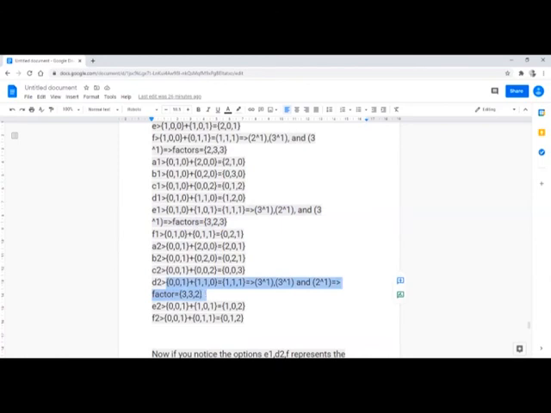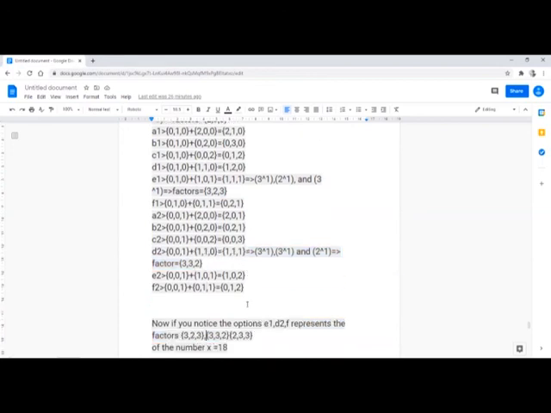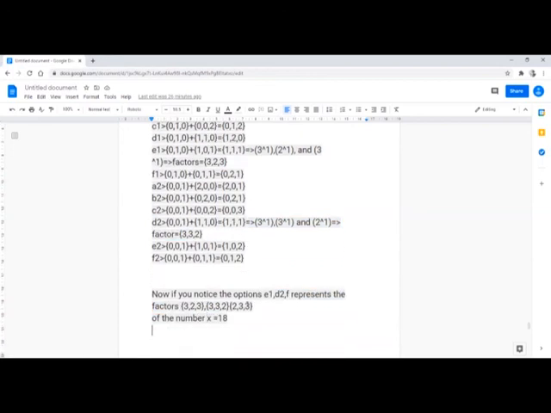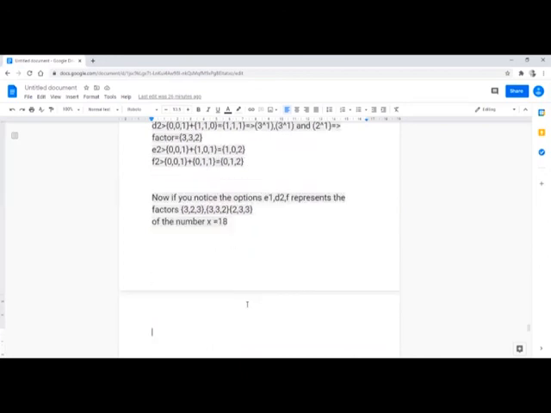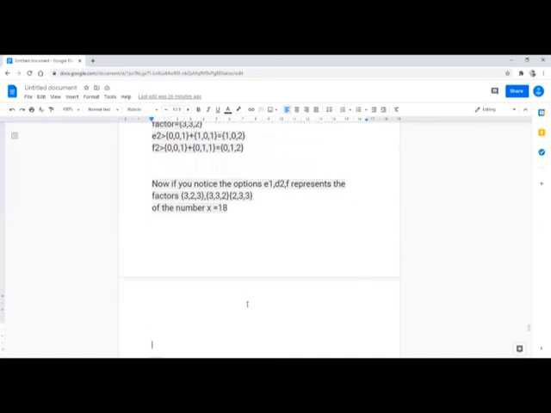Similarly, this 0 comma 0 comma 1 is added with 1 comma 1 comma 0, which gives us 1 comma 1 comma 1, which is 3 comma 3 comma 2, which gives us a factor of 3 comma 3 comma 2. Now if you notice the options E1, D2, F represents the factors 3 comma 2 comma 3, 3 comma 3 comma 2, 2 comma 3 comma 3 of the number x is equal to 18. These are the factors